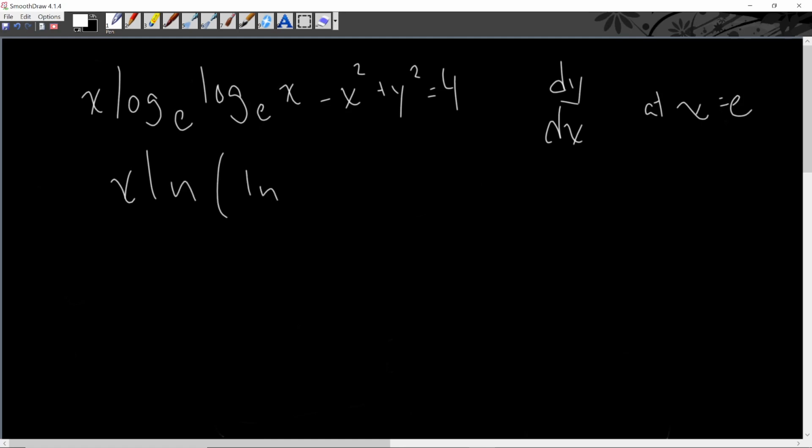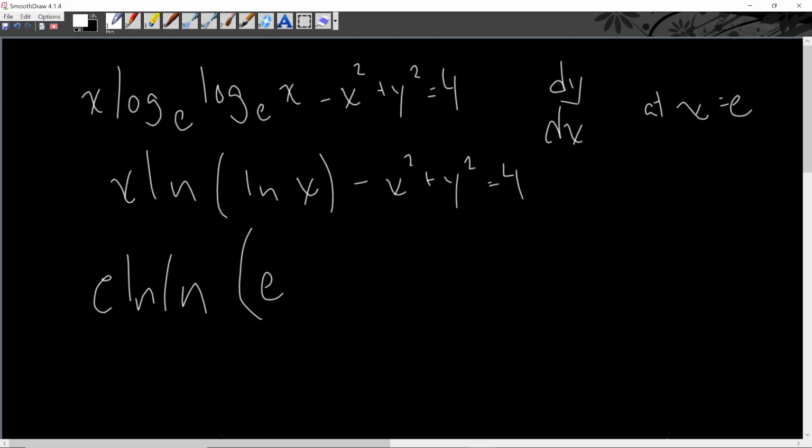So ln of x, because log base e is ln, I think they're just trying to trick us a little bit, minus x squared plus y squared equals 4. And then we need to find what the y value is when x equals e. So let's plug that in. We have e times ln of ln e